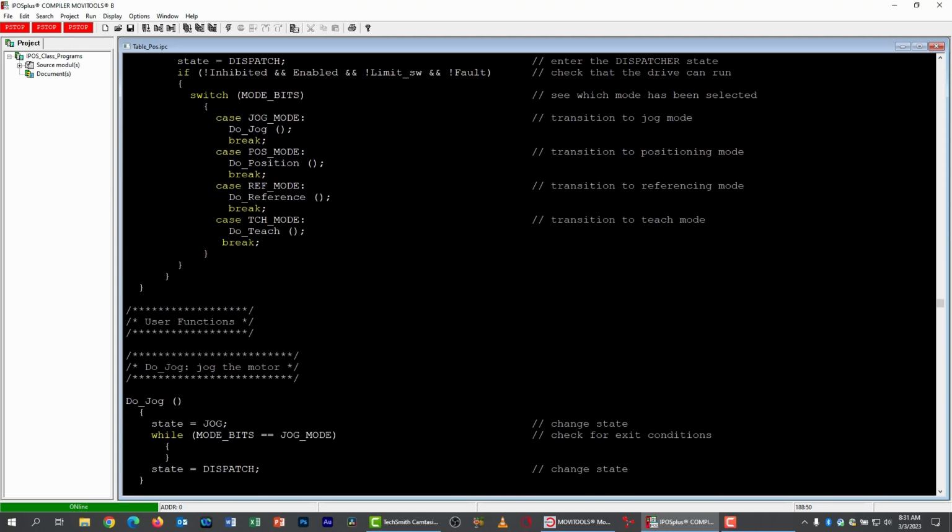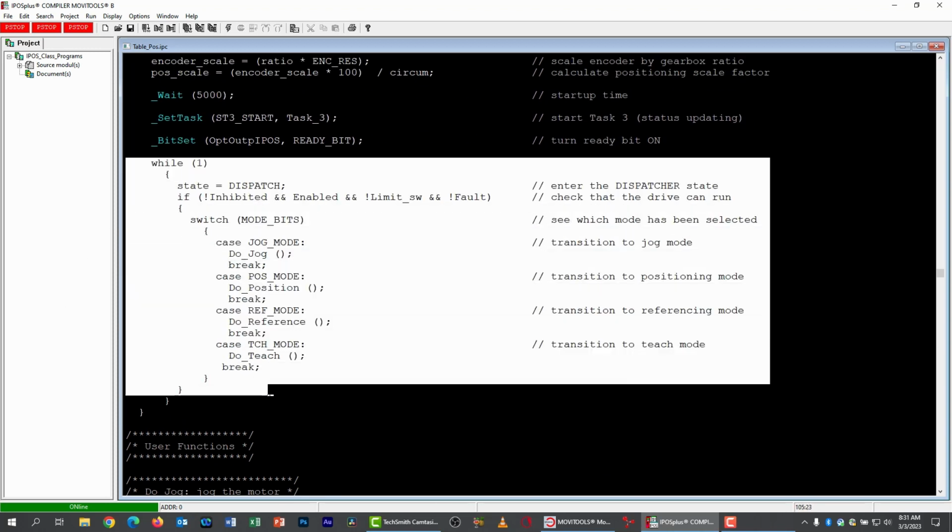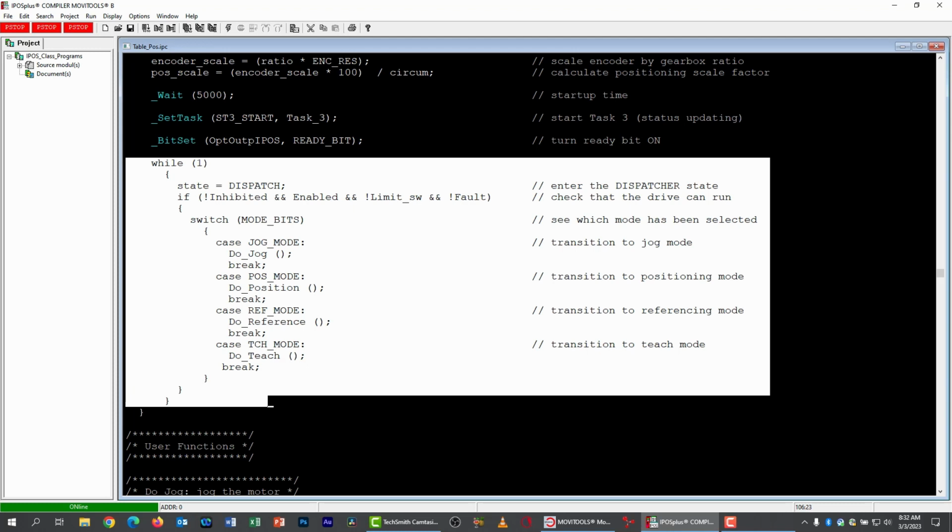Now let's go up to our dispatcher code. It takes place in the infinite while loop in main, right here. First thing it does, it sets the state variable to dispatch because that's where it begins. And then it checks to figure out if the drive is permitted to run. In other words, can it transition to one of the other 4 states? To do this, we use an if statement and we look at inhibited, enabled, limit switch, and fault. We say if not inhibited and enabled and not limit switch and not fault,